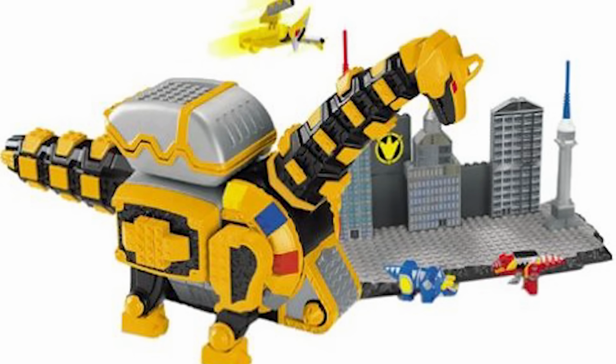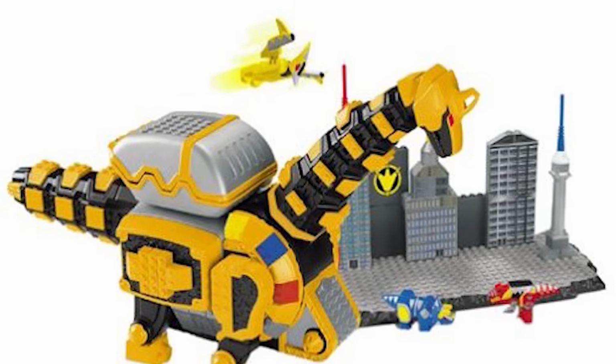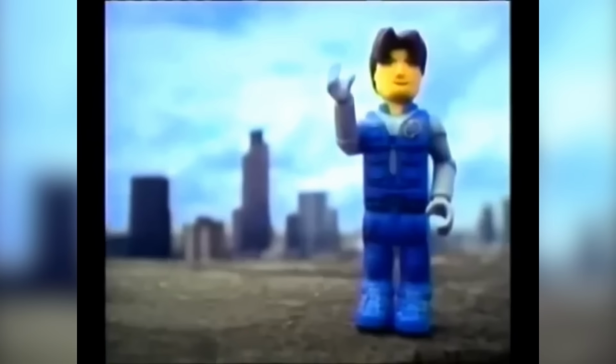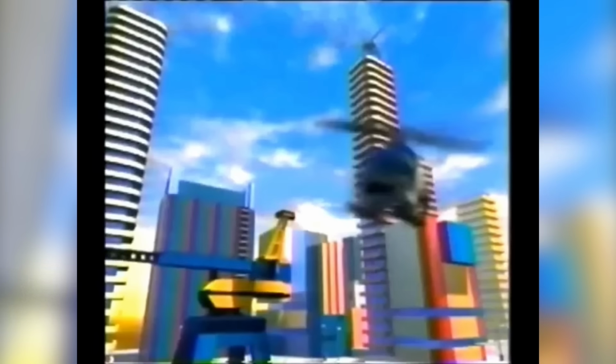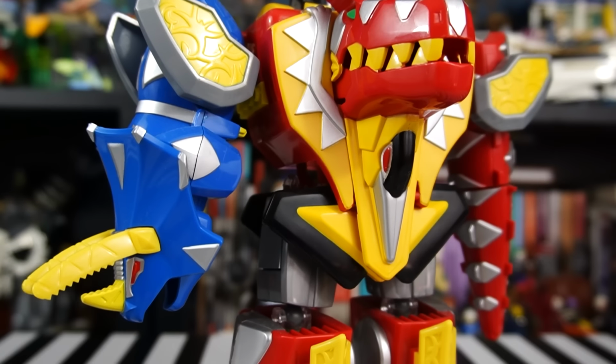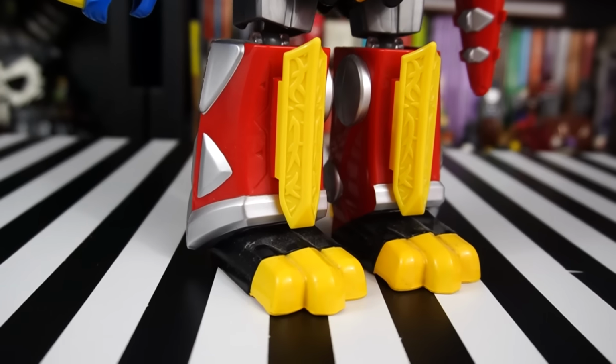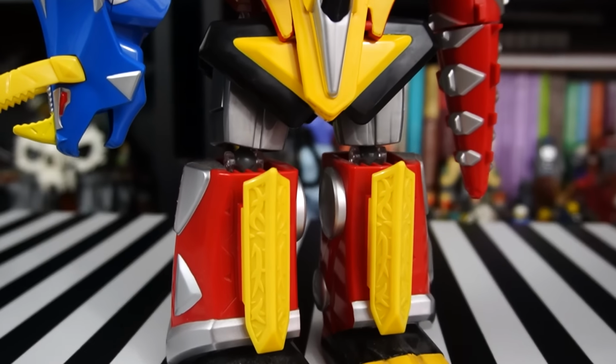And to me, this set showcases what made Mega Bloks different than its competitors at the time. They frankly had great industrial design. While Lego at the time was going through an identity crisis with the minifigure and their design language as a whole, Mega was just really good at making giant, sculpted elements. Though, these elements did lack a versatile use outside of the Power Rangers line,